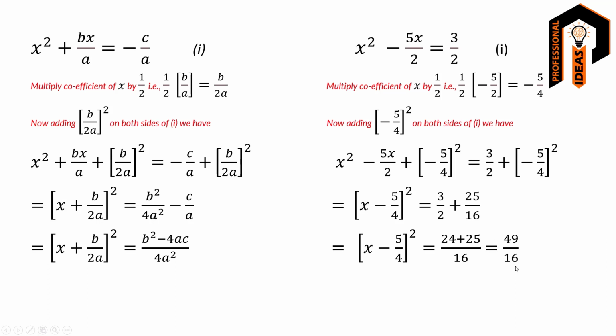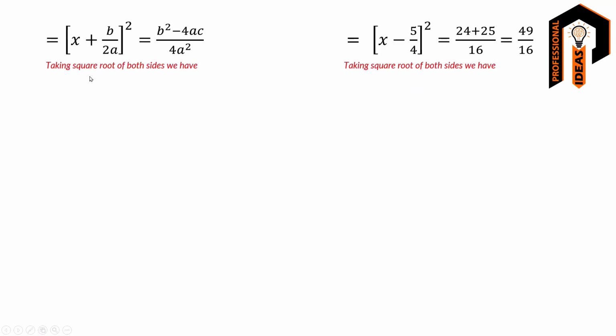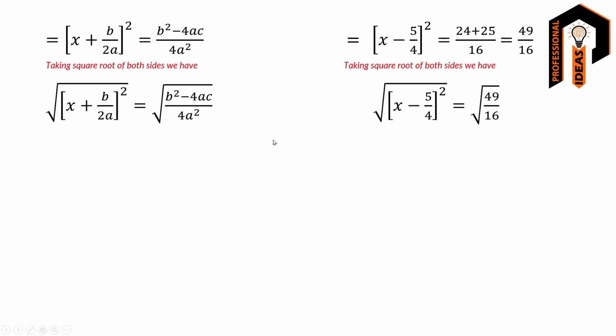The next step is taking the square root of both sides. We have square root of x plus b over 2a squared is equal to square root of b square minus 4ac over 4a square. Similarly, square root of x minus 5 over 4 squared is equal to square root of 49 over 16. On the left hand side we are left with x plus b over 2a